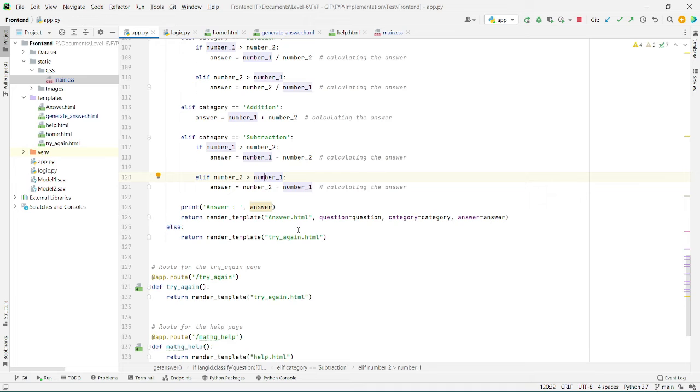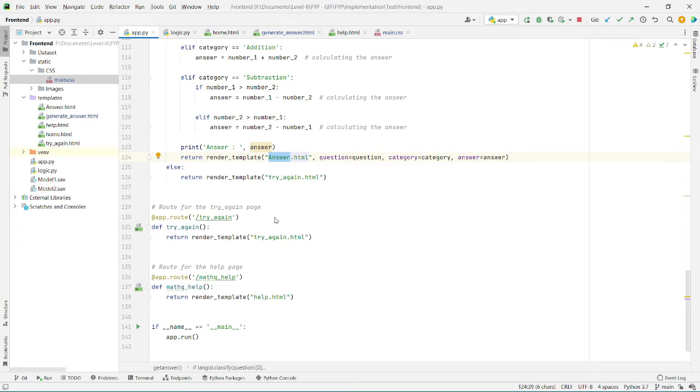Since the question, the category and the answer are being generated and extracted, the three parameters have been passed into the answer.html page, which I will show you a little later.